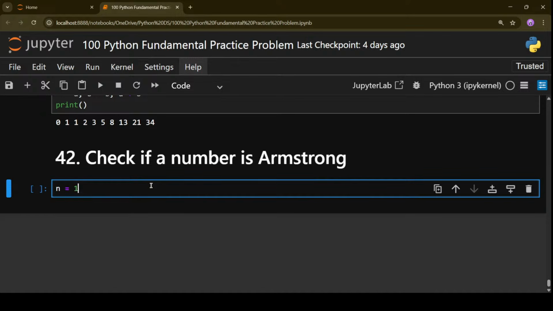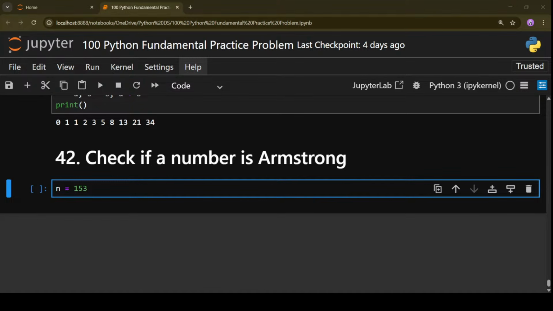I'll give you the number value, so the number is going to be 153, guys, and you have to check if this number is an Armstrong number or not.